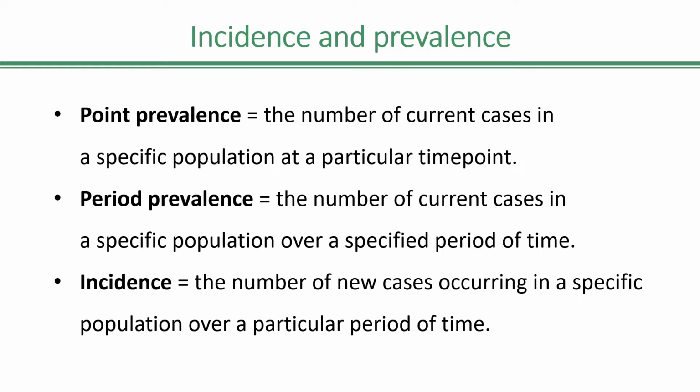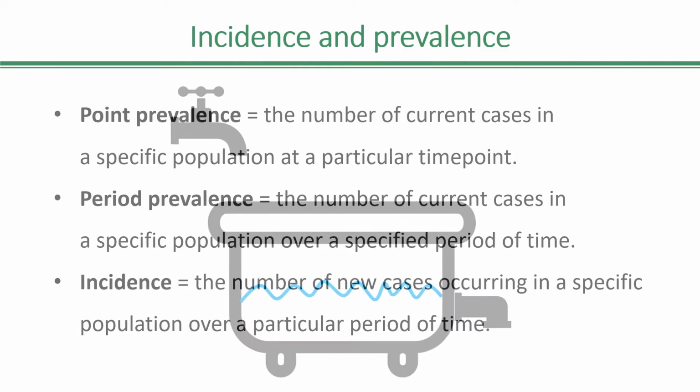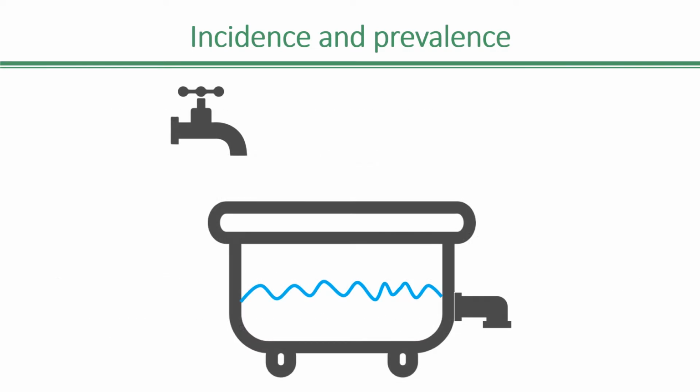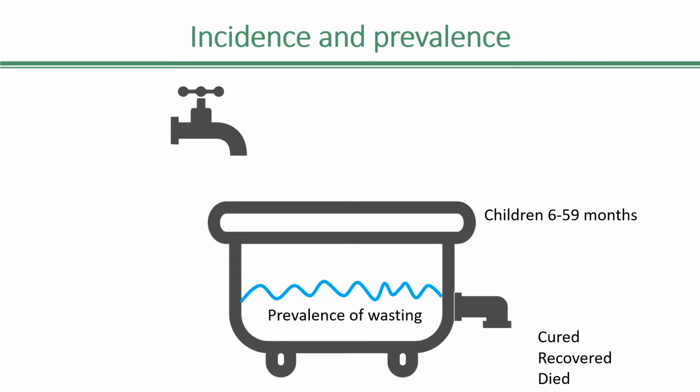I will explain this using a bathtub analogy. So here is our bathtub, which represents our population of interest, which in this case is the number of children 6 to 59 months. The water in the tub represents the prevalence of wasted children, 6 to 59 months. The water is drained away, or the prevalence of wasting decreases, when children are no longer wasted or they have died. Water can also be added to the bathtub via the tap, or new cases can be added to our